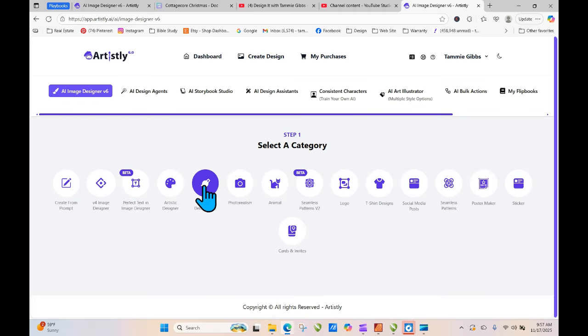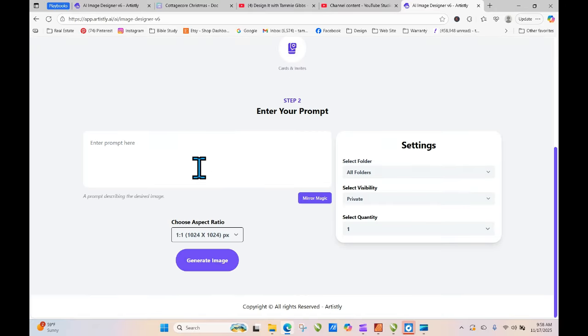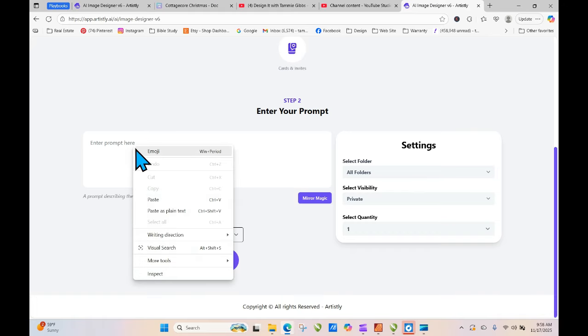Okay, so if we go back up and we go to version 2, like I said, it tends to create a more minimalistic look. So if you're looking for the little dot eyes on little characters or whatever, then this one does handle that a little bit better than the regular artistic designer. The photorealism, it's exactly the way that